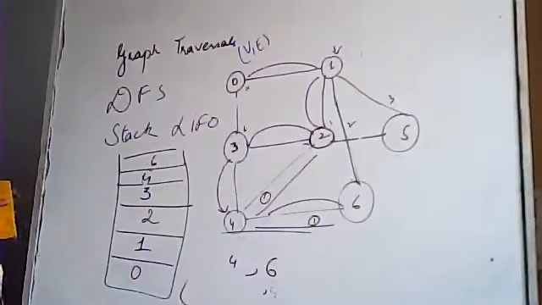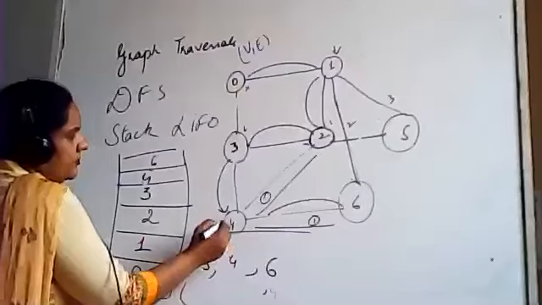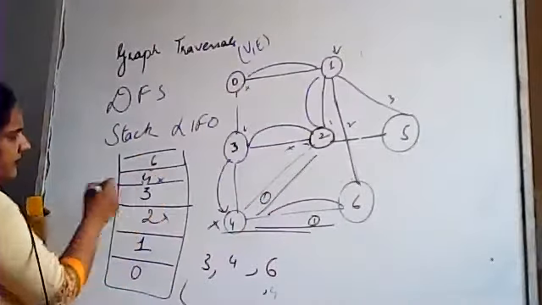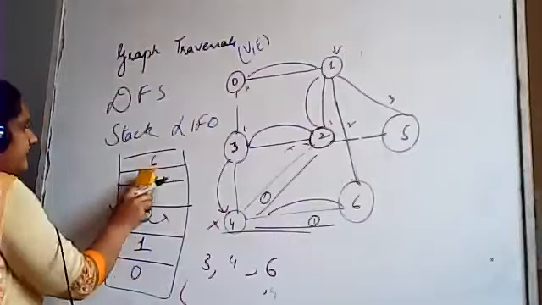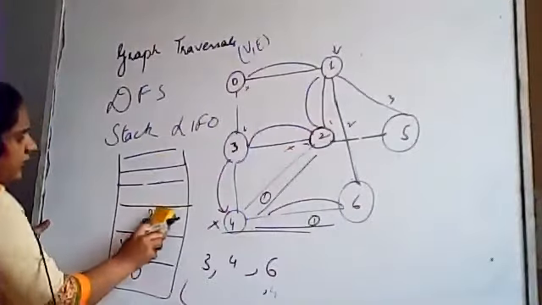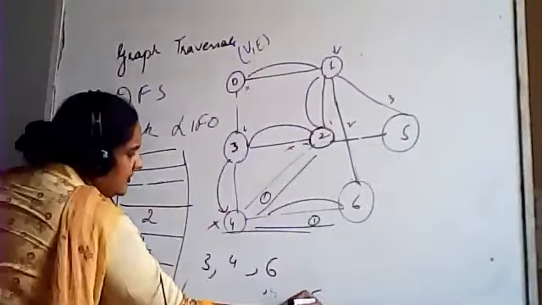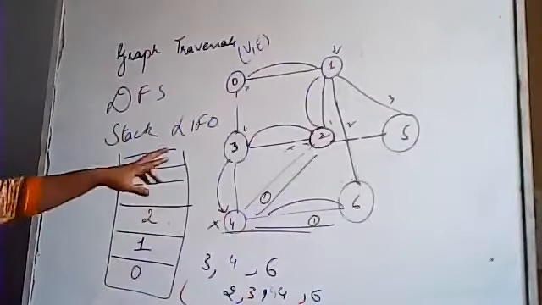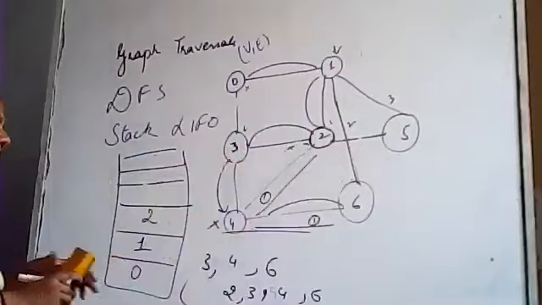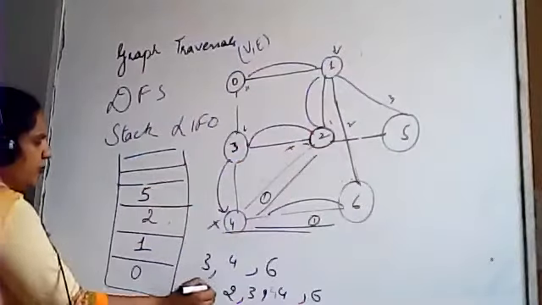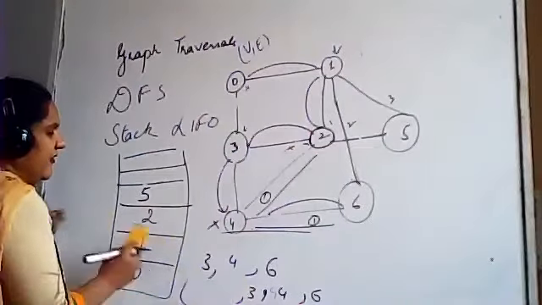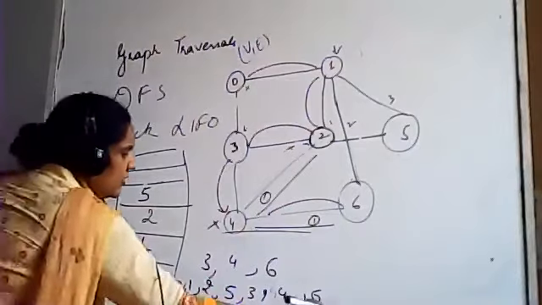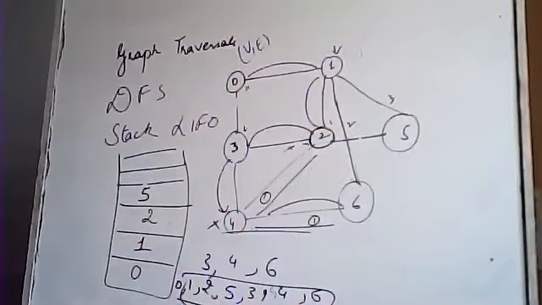Okay. Now bring out 3. 3's nodes are processed, 4 and 2. Both of them are in the queue. Right? So you will backtrack. Now you will go to 2. Bring out 2: 6, 4, 3, bring out 2. 2's edges which are left now, only 5. So put 5 here. Fine. So you may put it this way, because 5 will come first, then 2, then 1, then 0. So this would be the order: 0, 1, 2, 5, 3, 4, 6.